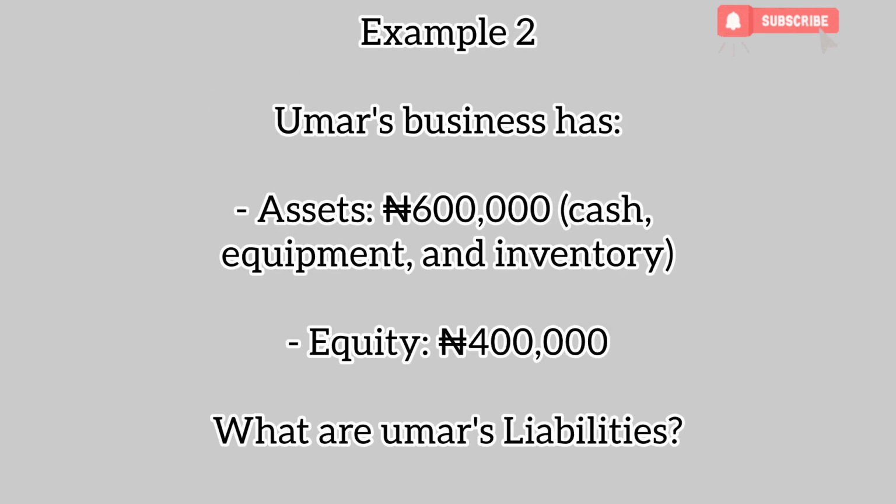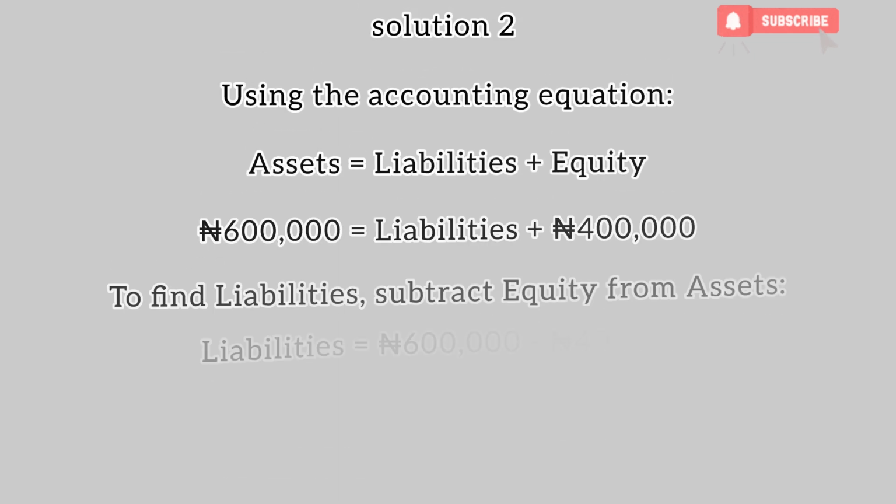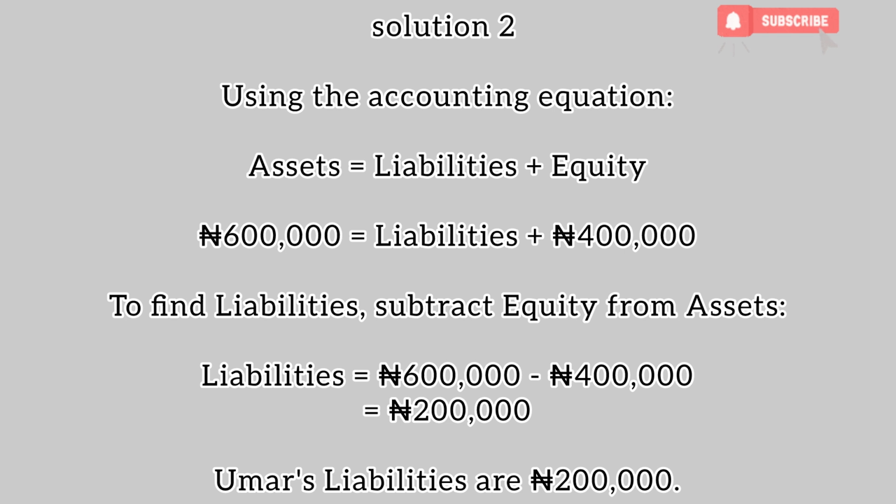Example 2. Umar's business has assets of 600,000 naira, consisting of his cash, equipment and inventory, and an equity of 400,000 naira. What are Umar's liabilities? So to find Umar's liabilities, using the accounting equation, assets equals liability plus equity, we have to rearrange the equation